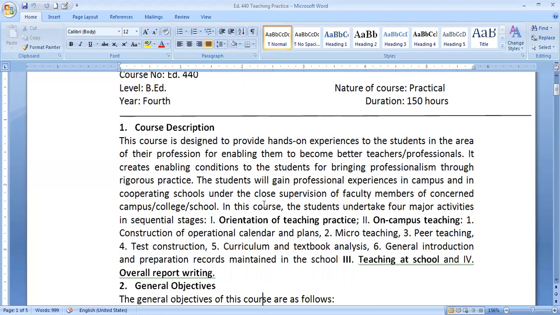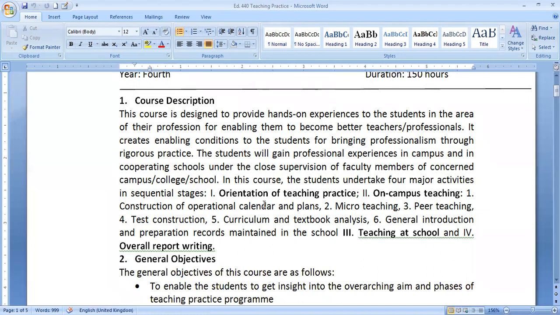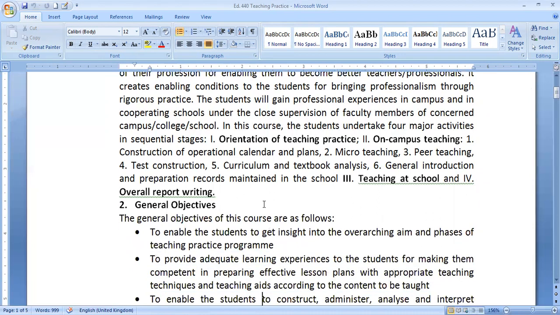These are the stages students have to go through, as prescribed in the TU syllabus: teaching at the school and overall report writing. So altogether four stages are given here.